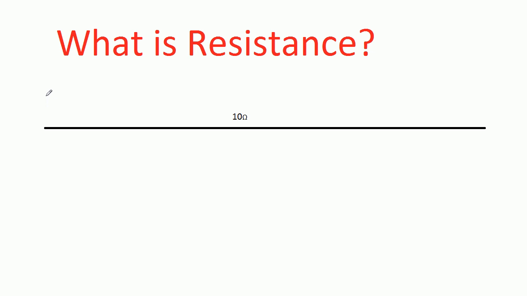We need to know this because we need to know in many cases exactly how much current will flow when we place a voltage on a wire, and resistance is something that can be easily measured. So if you apply, say, 10 volts to this wire here that has a resistance of 10 ohms, so you put 10 volts on this side,